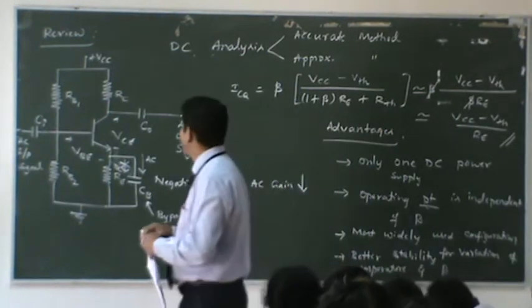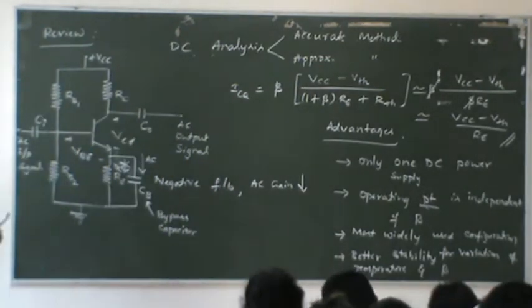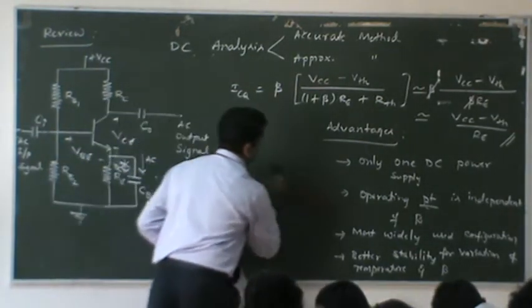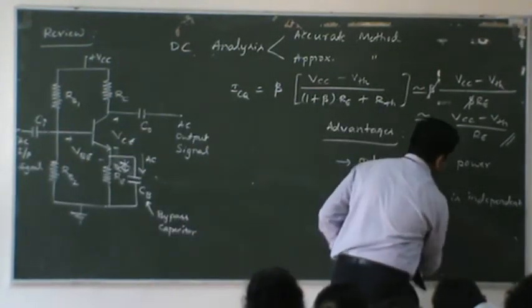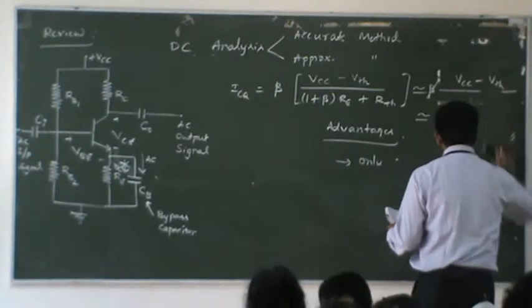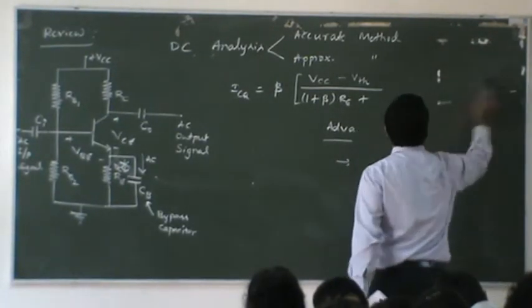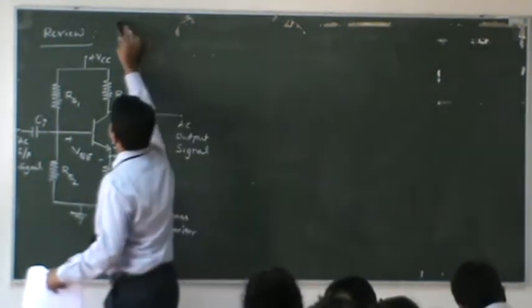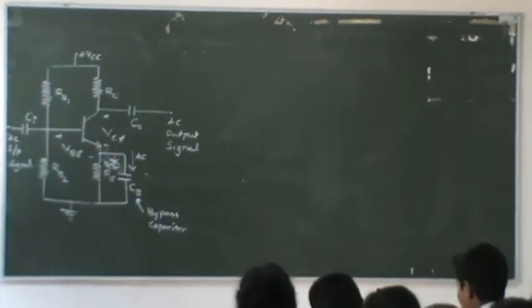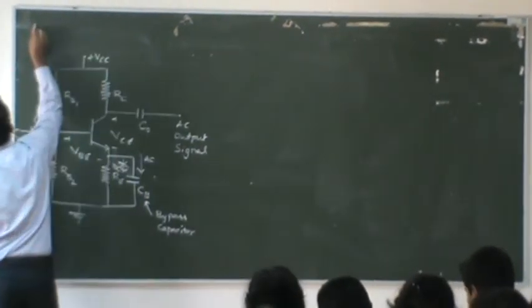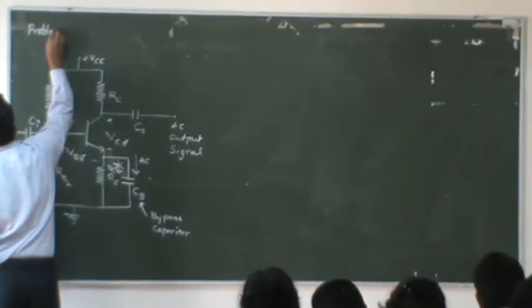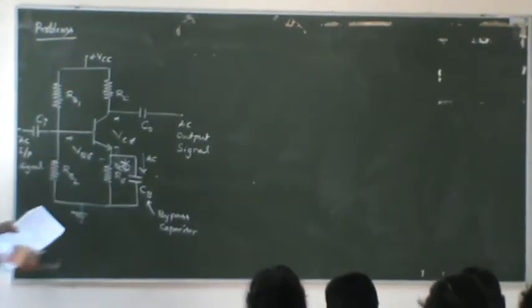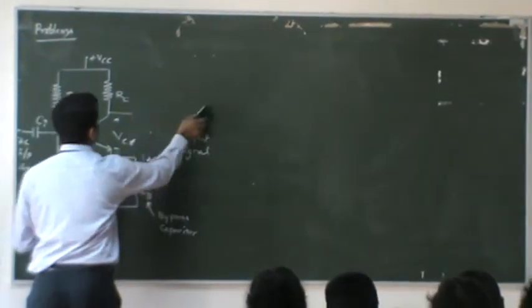Determine the values of resistors RC and RE for the circuit shown in the figure below, given that